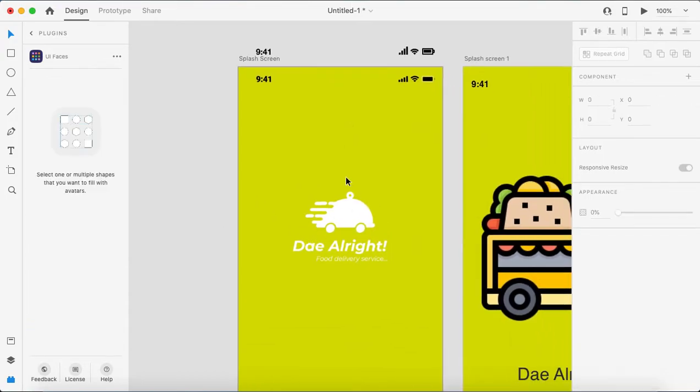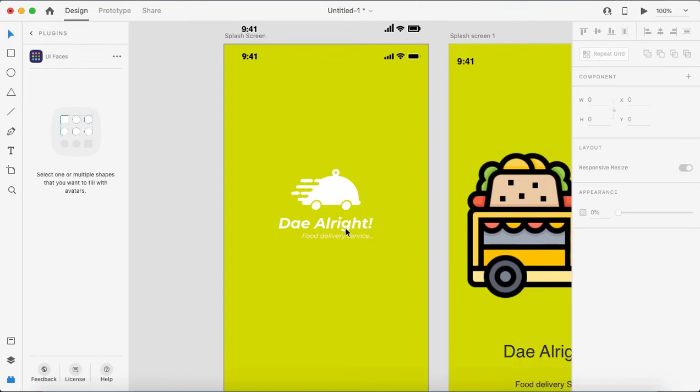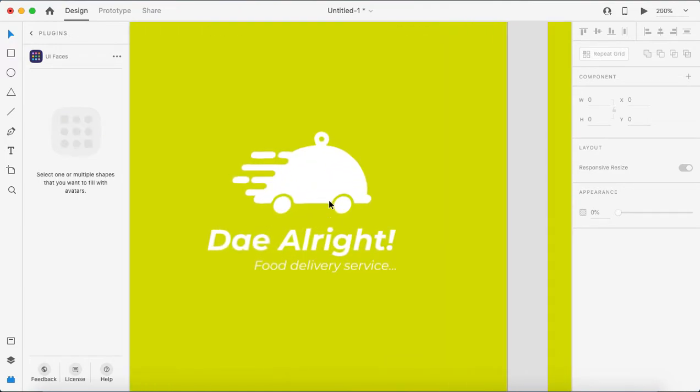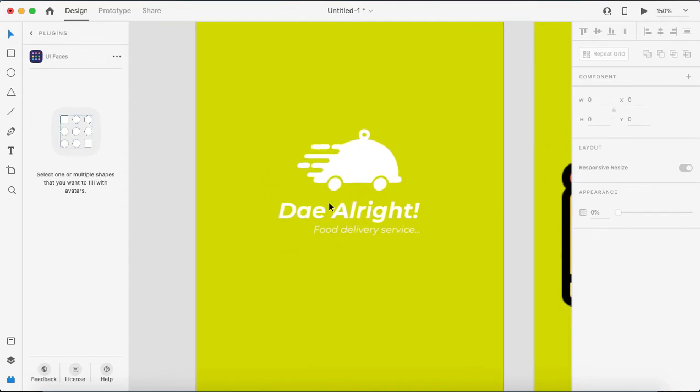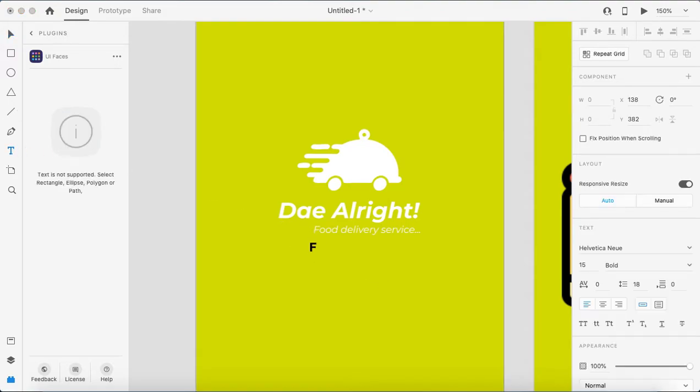So now on this screen I want to apply everything. It has a dish with a closed bowl, and their name is Day Alright Food Delivery Service. So by this design and this text, a normal user can easily understand this is an application which gives services for delivering food. Alright, so what we will do, let's try to use the same font: food delivery service, and then three dots. Perfect.